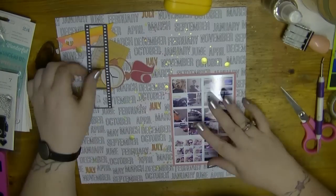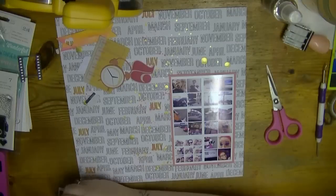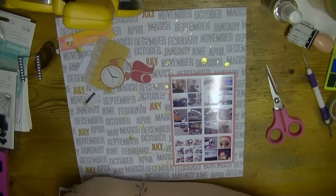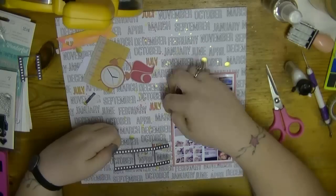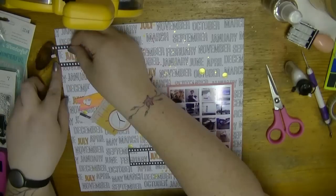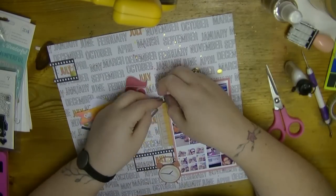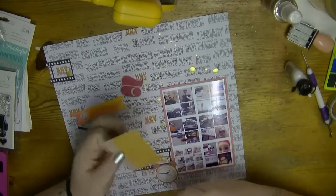So I just turned the video off there because I had to sort of tidy up and put my Big Shot away, and I also pulled out a few of the dies from the die cut pieces from the Chamel collection, and I really like the tones of it. It is quite muted. I did think that her collection was going to be brighter, but yeah, it works okay. I do really like it, and I really like this film strip, so I'm just using that to highlight over the two different